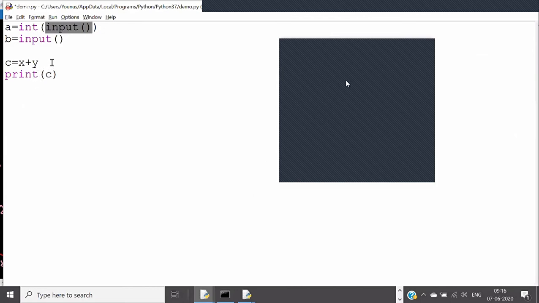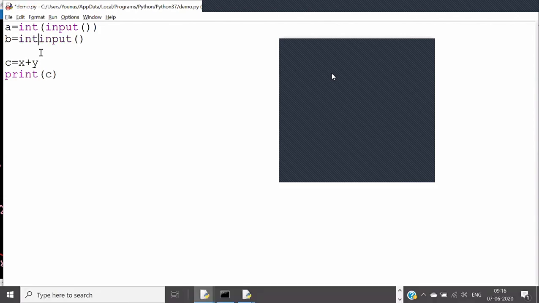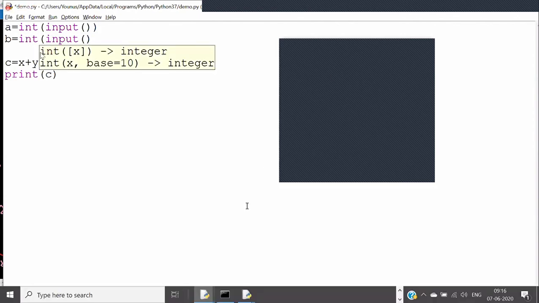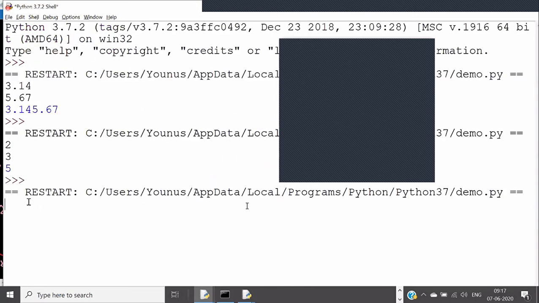Because in one line I'm taking input and converting properly. So that's what, guys, this is a shortcut way, so don't get confused. This time I will add A and B here. I'll run the code and you'll see it will work fine. I can give any number, it will add and get me the answer. 34 plus 78 gives you 112.